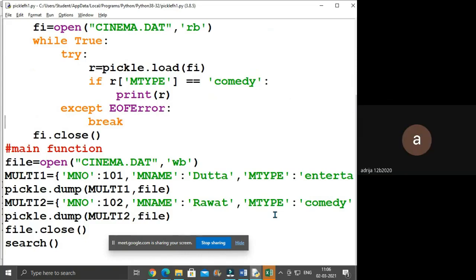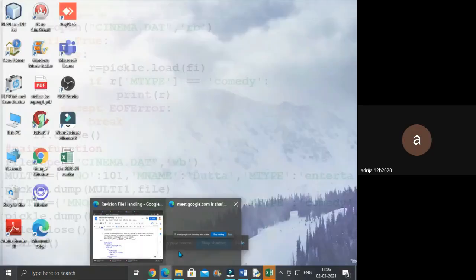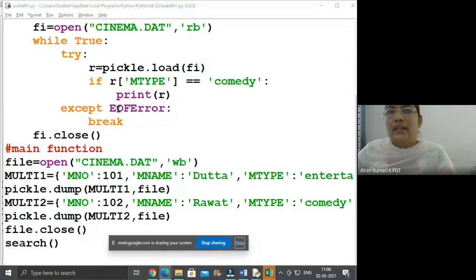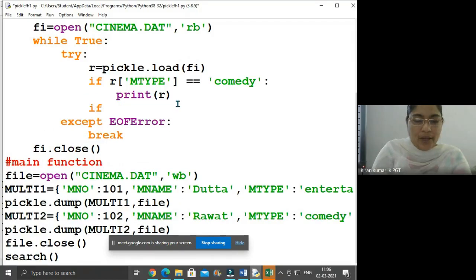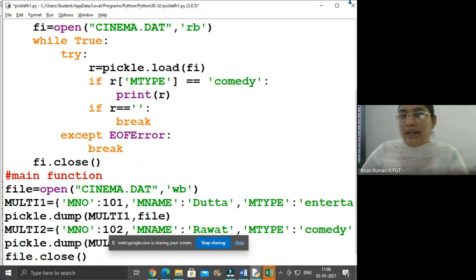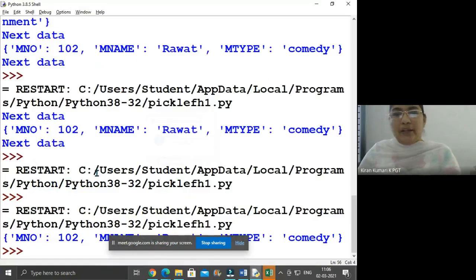Yes, ma'am. Ma'am, why should we use except EOFError? The exception is, see, what is happening at runtime? It is still trying to load where there is no input in the file. It has already reached the end of file. How do we handle it? In a text file, there is a null character, so we can handle it. If the r value is equal to null, then immediately we can break it. But here,